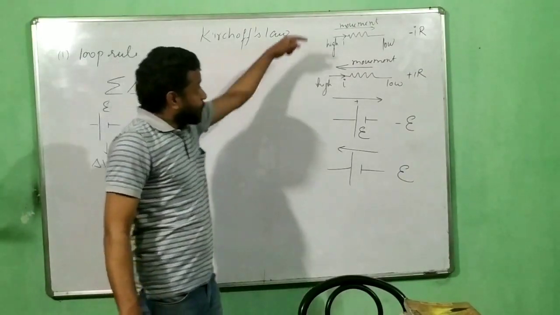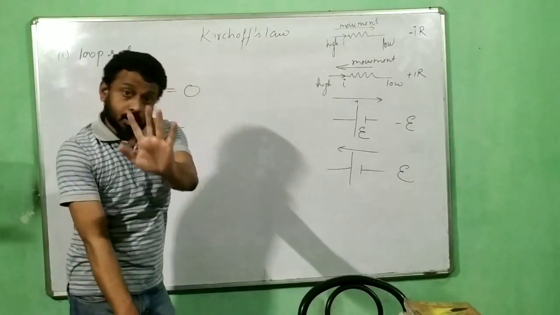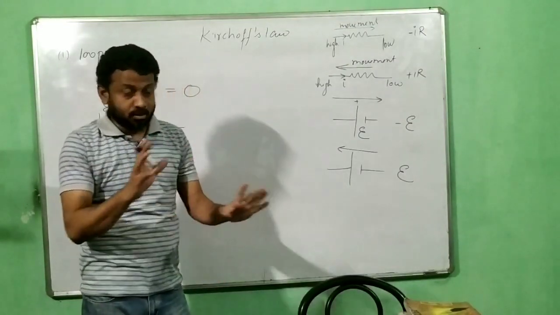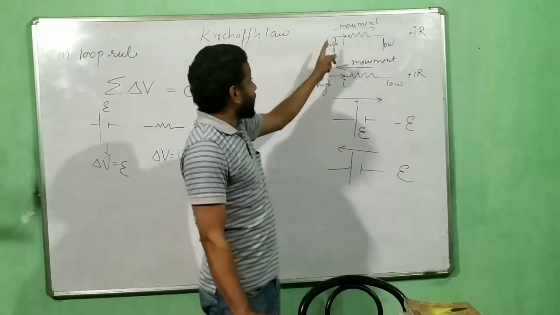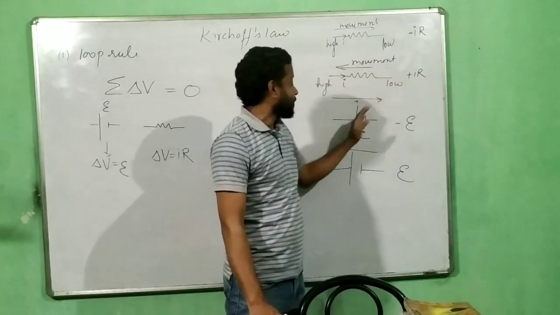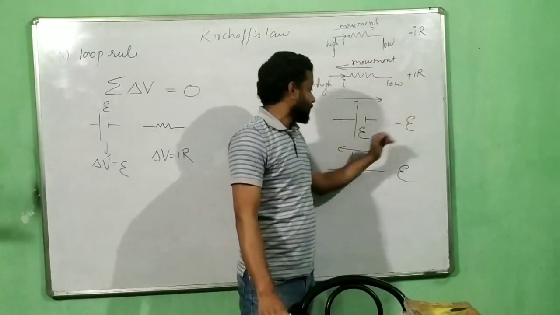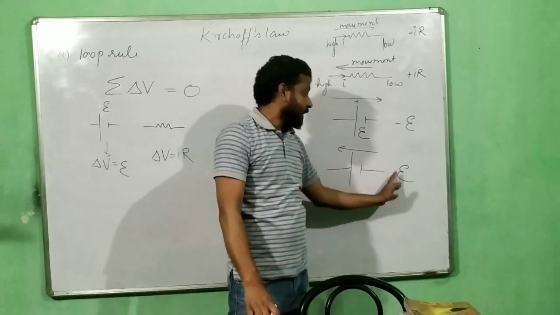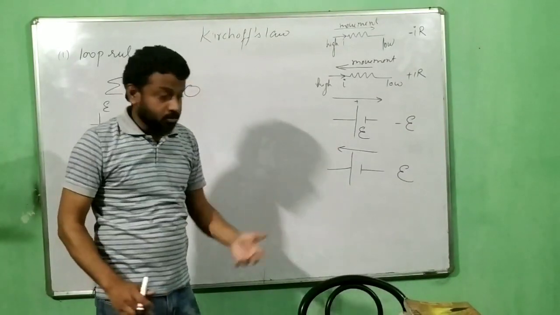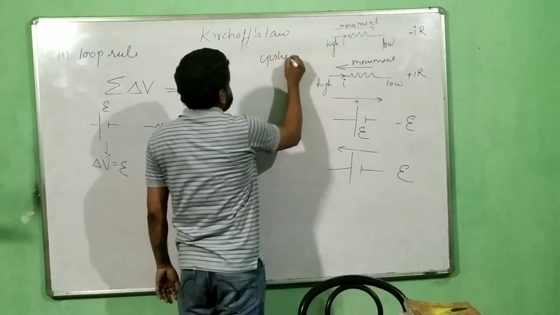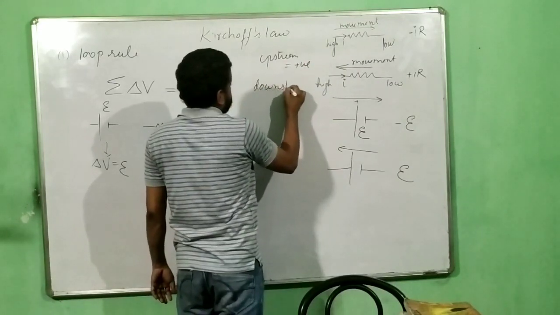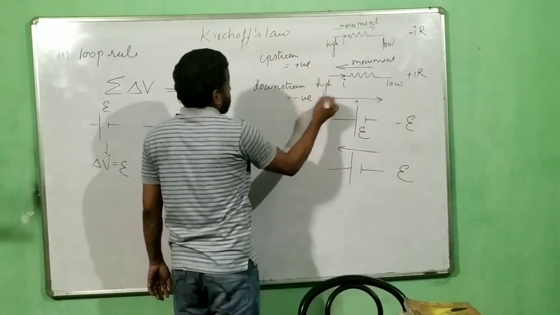Okay? If you do exactly the opposite of this, still you will get the same correct answer. Okay? But don't mix up. That's the only thing. What I mean to say here is, if you take movement from high to low as positive, then you will take the movement against the current as negative. If you go from positive to negative as positive, and from negative to positive as negative, still you will get the same answer, but stick to this sign convention, upstream and downstream. So remember, when you are going upstream, it's positive, and when you are going downstream, you take it as negative.